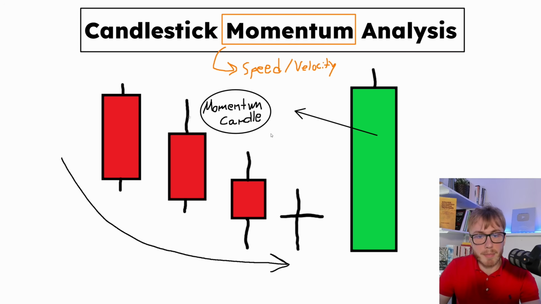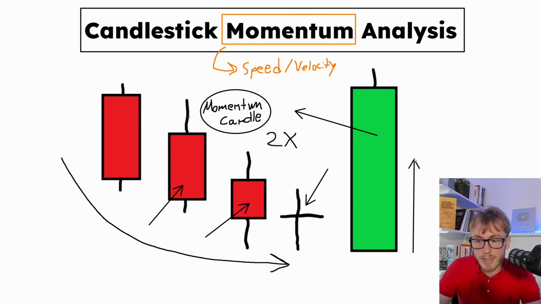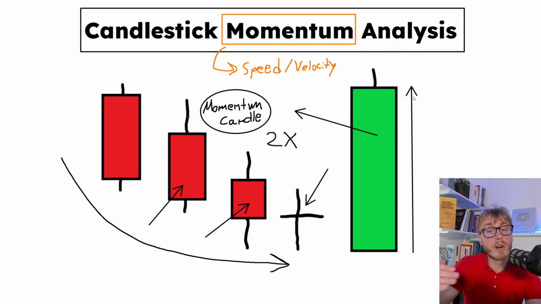And what is a momentum candle? Well, different traders have some different definitions when it comes to momentum candles, but I like to define momentum candles as a candlestick that is at least 2 times larger compared to the previous candles. So for example, if we look at these 3 previous candles right here, we can see that the real body of the green candle right here is more than twice the size of the previous candles. So that's why I consider this right here